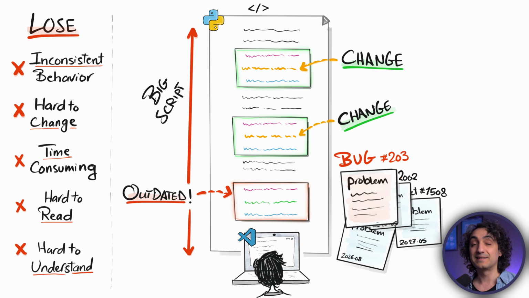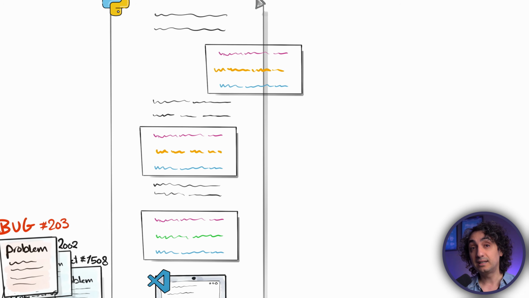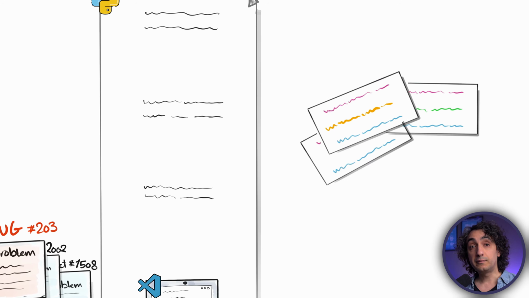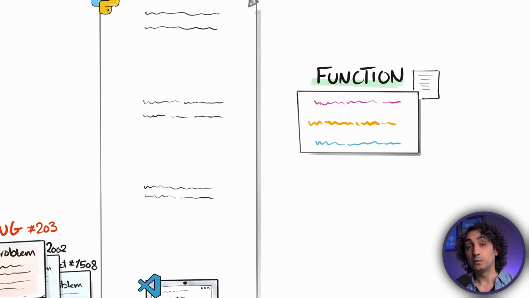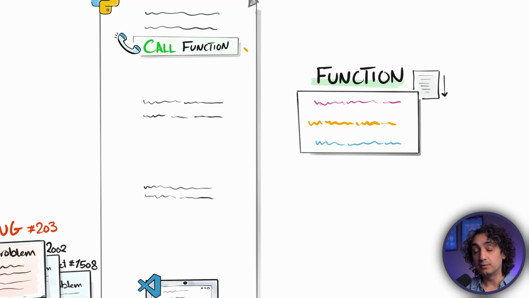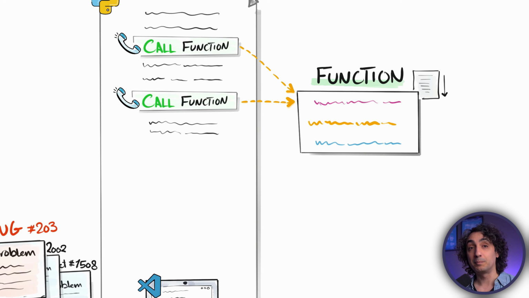And of course, what is the solution for this? We're going to use functions. So instead of repeating the same logic over and over, you're going to take your logic and put it in one place inside a function. And whenever you need this logic, this behavior, you just call the function. So you don't rewrite it, you don't copy and paste, you are just reusing the same logic whenever you want. And by doing this, actually all the problems are going to disappear.